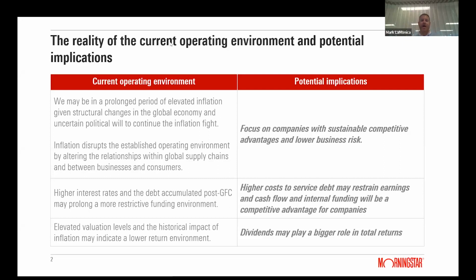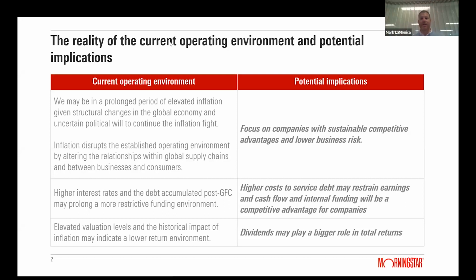The other thing we need to think about is the historical impact of inflation on returns. Very simply, and there's a great piece that Ashley Owen put together that we published in First Links, every major asset class has performed worse in real terms. That's what we're focused on as investors: real terms. What is our return in excess of inflation? Every asset class has performed worse in those years. And I can certainly send that article to anyone who's interested in receiving it.